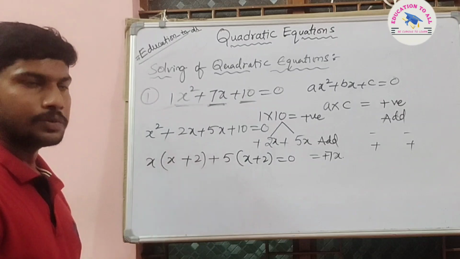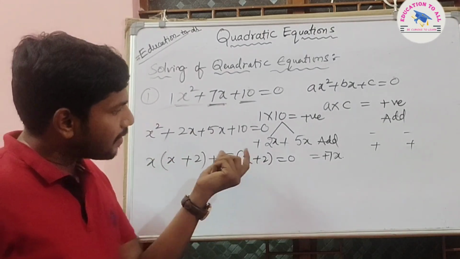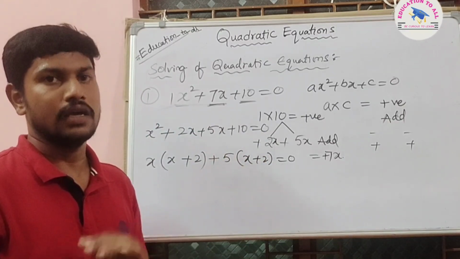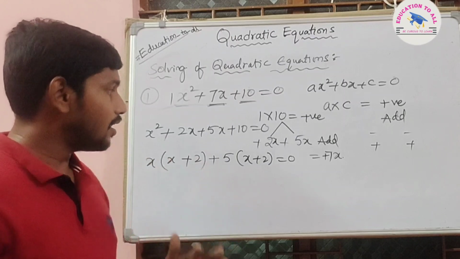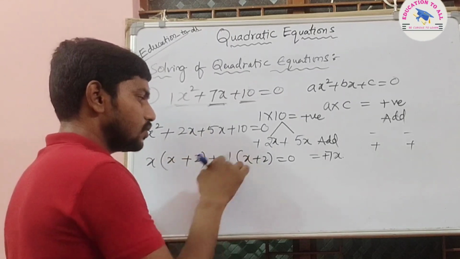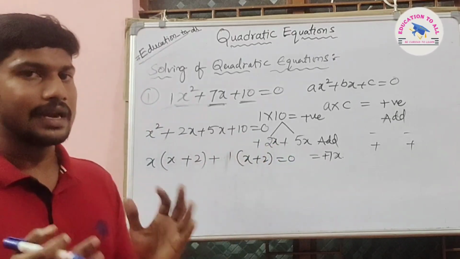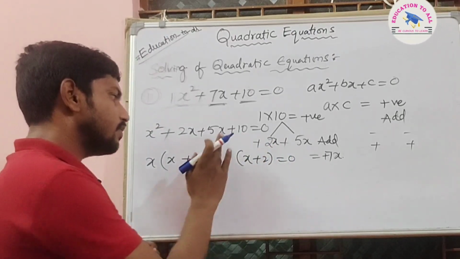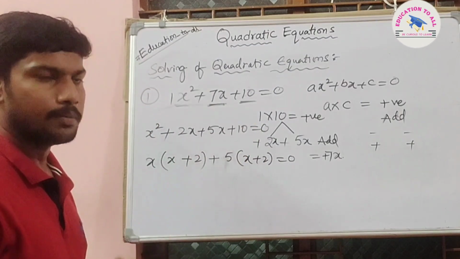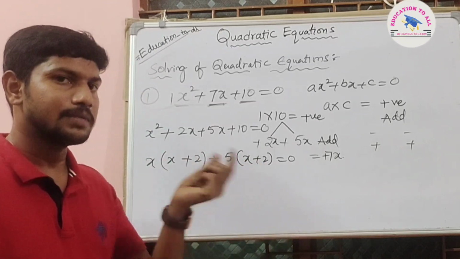So here we should be very careful. In the first bracket what you got is x plus 2. In the second bracket also we should get the same number, x plus 2. Then only it will be correct. Further step is possible only then. If you are taking any other variable or constant, suppose 1 is taken, it will be 5x plus 10, so further step cannot be proceeded. That's why we should be very careful in taking the common number. In both brackets it should be the same, x plus 2, here also x plus 2. Then only further step is possible.